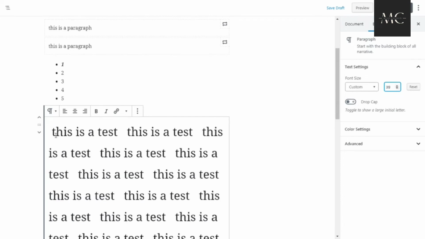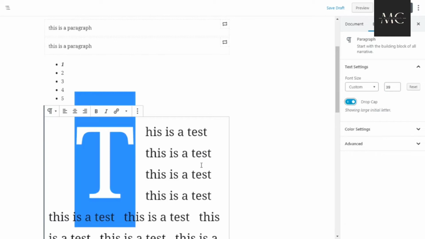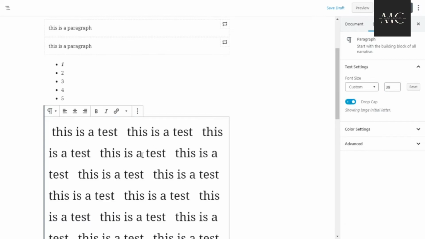Drop cap, if we highlight the beginning word or beginning letter and we click on drop cap, this is what you see a lot of times in magazines. So it just makes it a little more professional. It looks good. All right. So there's actually studies that show that the human eye, when they see a drop cap, they look upon it and think, oh, this must be legit, or this must be important